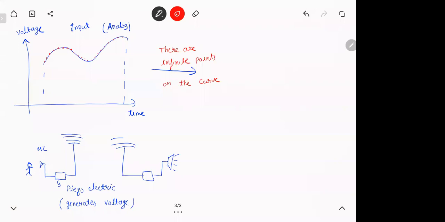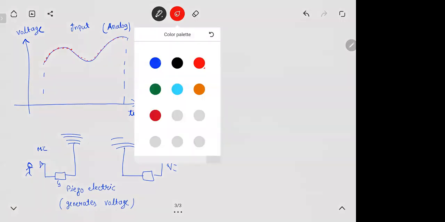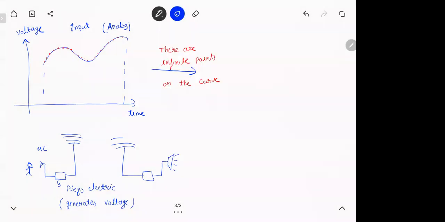Now, if your computer tries to record your voice, literally every sample, it will count infinite times, so it will get infinite data. Your hard disk won't be sufficient. So in order to overcome this, we tell the computer, okay, don't count everything, but let's limit our counting to a certain limit.